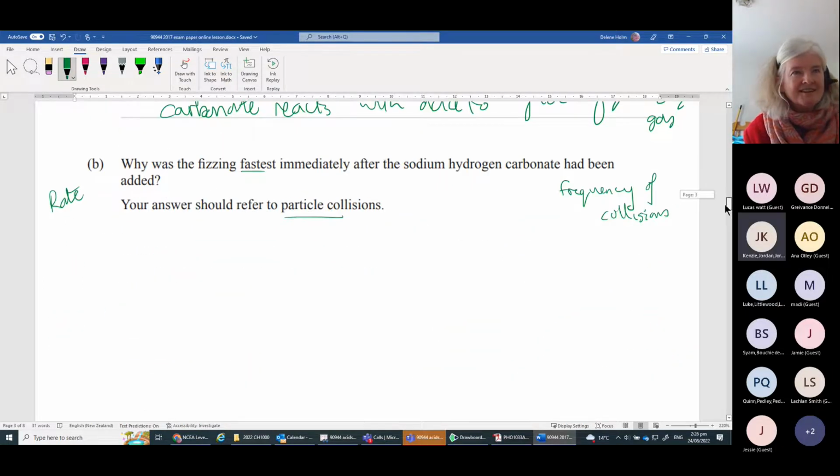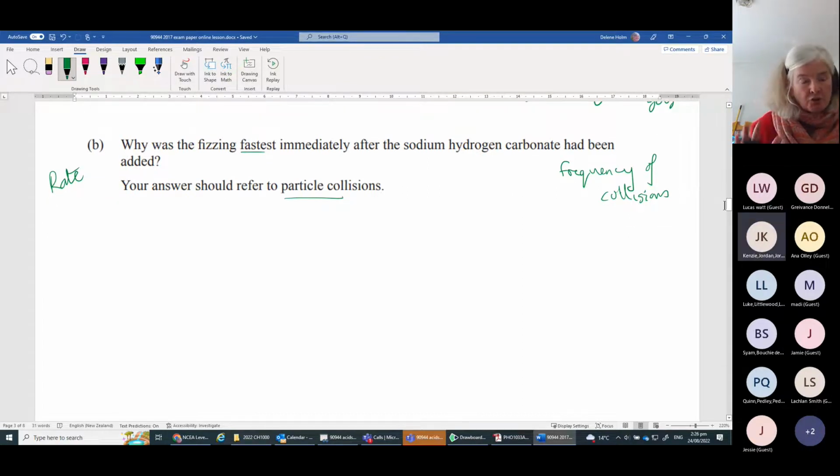Because you run out of chemicals to react with each other. Yep, that's correct. I'm glad you answered like that, because you've got that picture in your mind and it is correct. But in order to do well, I always say explain, and think about it as though you're explaining to a 10-year-old. Think of all the obvious things you need to say so that the examiner can clearly see that you've understood it. So it is about the number of particles,